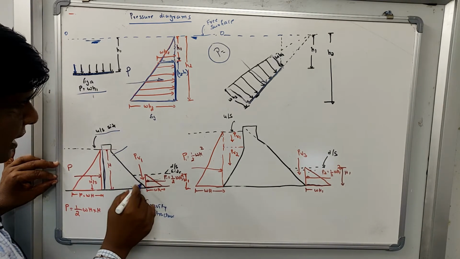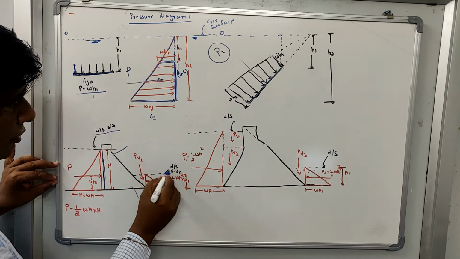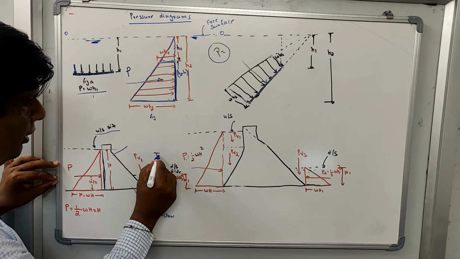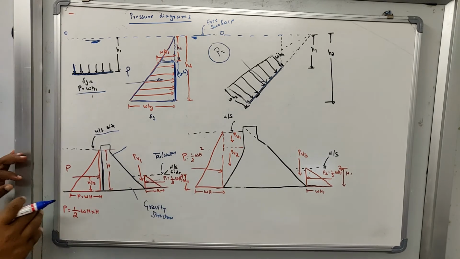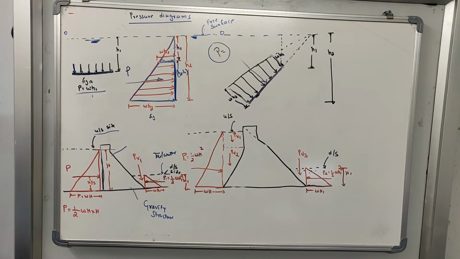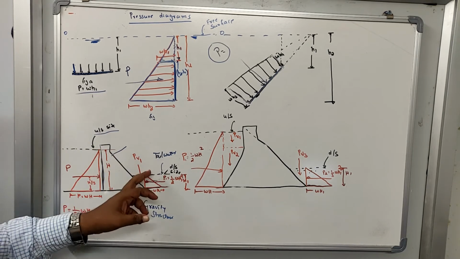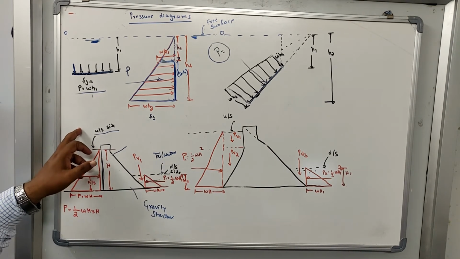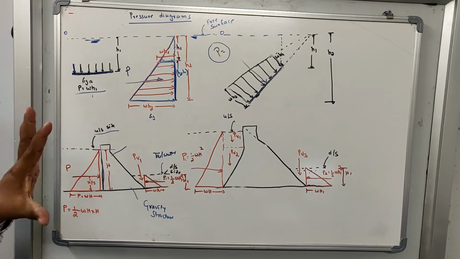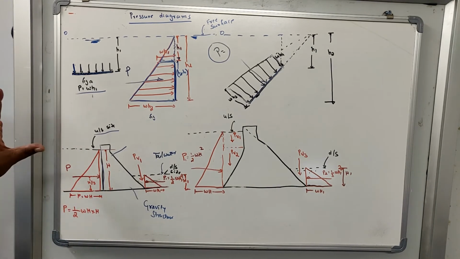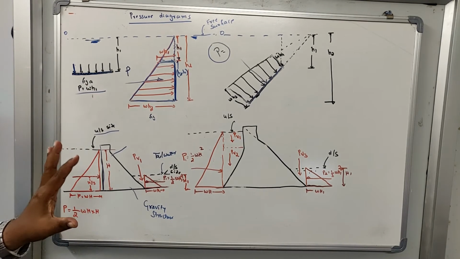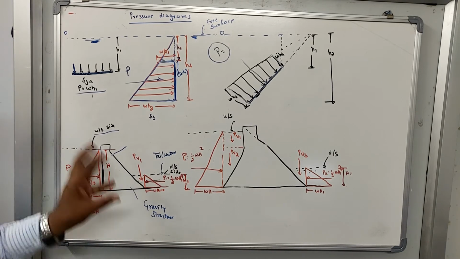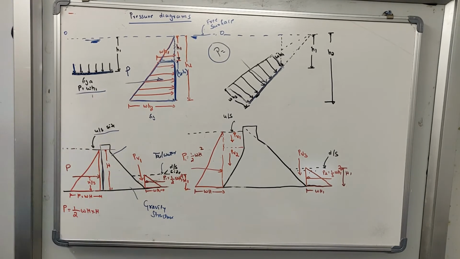This is the downstream side. There is some tail water, so the water level on the downstream side we are also going to call the tail water. When you come to the higher classes, there you will discuss how to analyze and design hydraulic structures. There you will come to know what the tail water and the upstream side level are, and how to draw the pressure diagram. It is very important to first draw the pressure diagrams, then calculate the pressure intensities, then calculate the total pressure acting on the surfaces, and then you can analyze and design the structure.